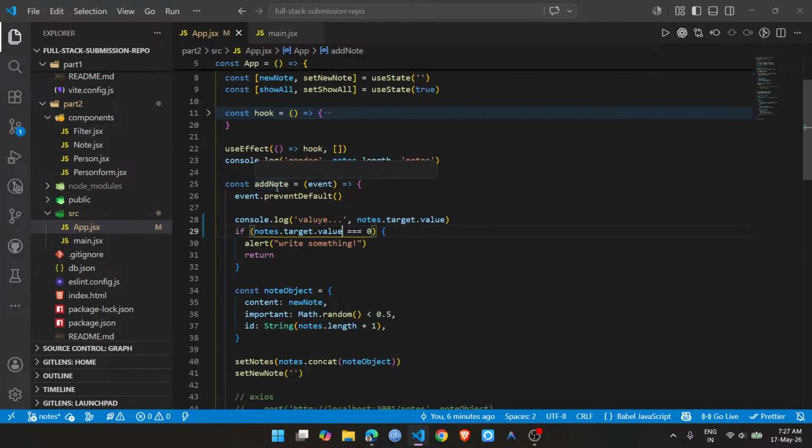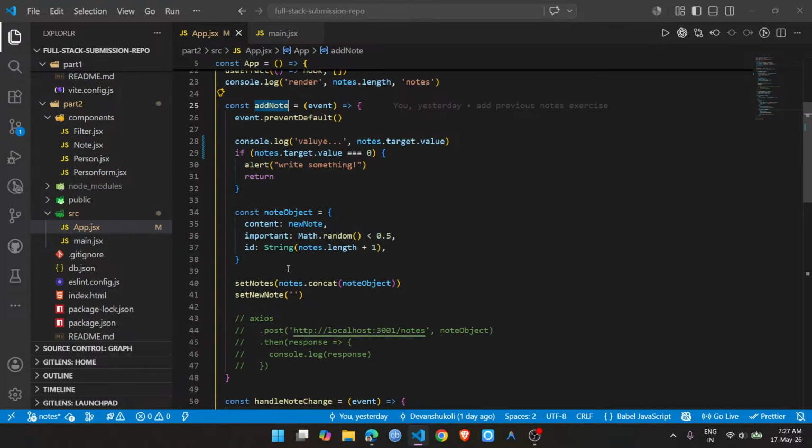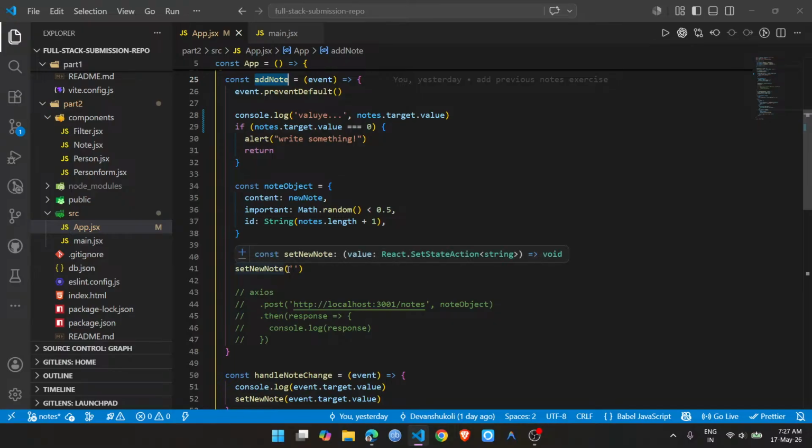Inside my add node function, I'm checking if the person tries to submit an empty value,